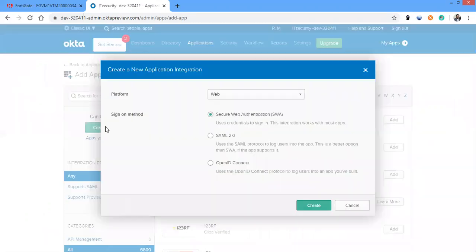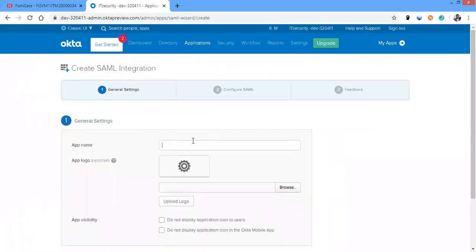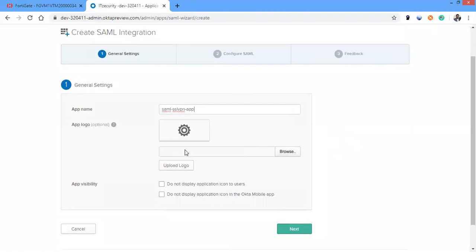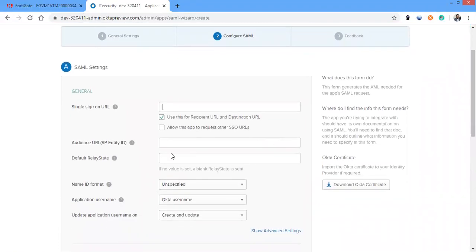Let's go to Applications, Add Application, Create New Application, and SAML 2.0 is the sign-on method. Click create, enter the name of the application. Here we can give SAML-SSL-VPN-app. If you have any logo specific to the corporate, you can enter it here. Otherwise, click next and configure the sign-on URL and entity URL from the service provider. The entity URL will be the IP address and port number of